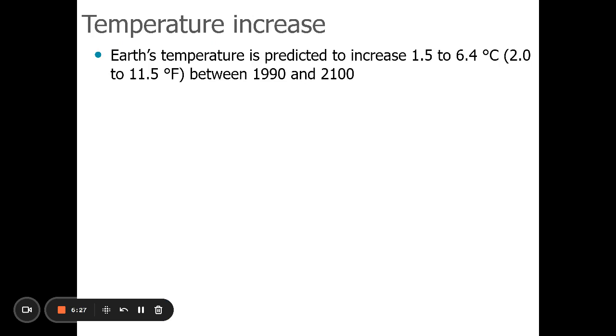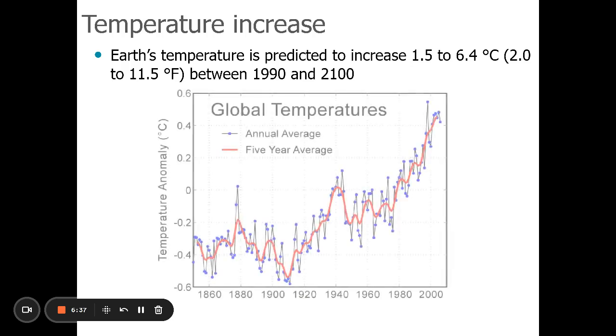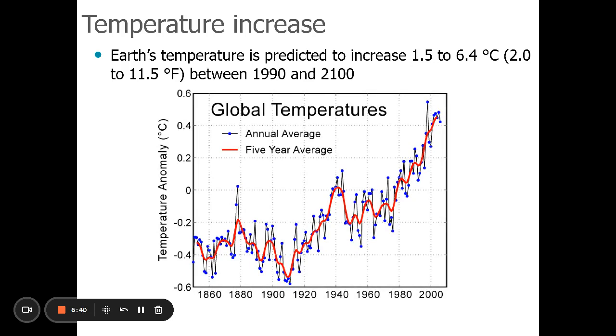So how much is the Earth's temperature increasing? Well, there are various models that predict what will happen to the temperature of the Earth. Here's historically what's happened. We know this has happened already. The red line you could look at is sort of the average. So the average temperature of the Earth since the Industrial Revolution is above what it normally is, right? About 0.4 degrees Celsius higher than normal. What's going to happen? It depends.